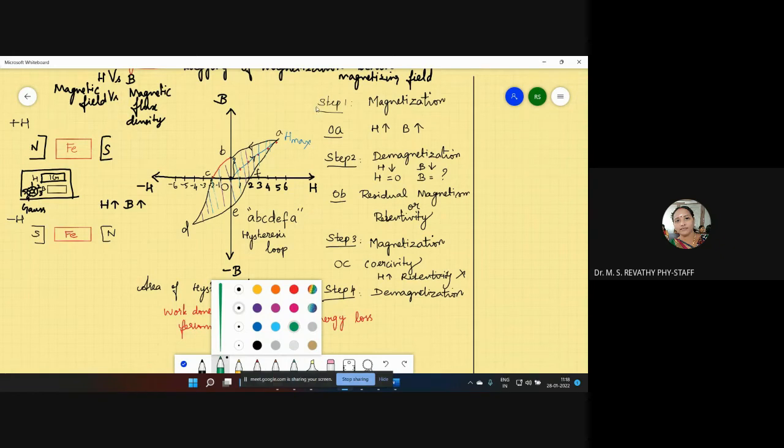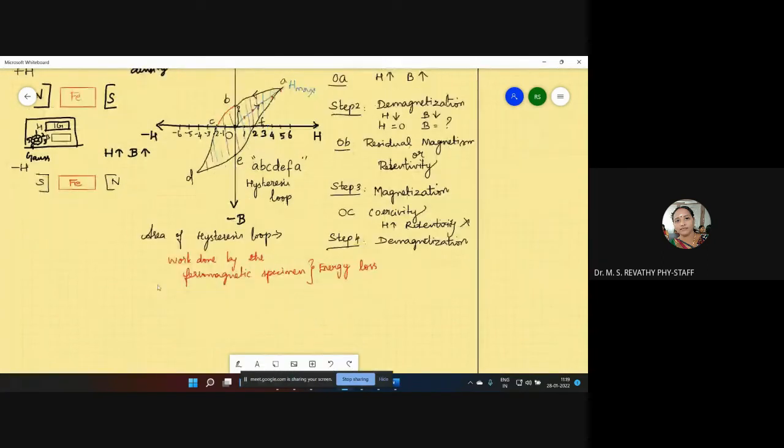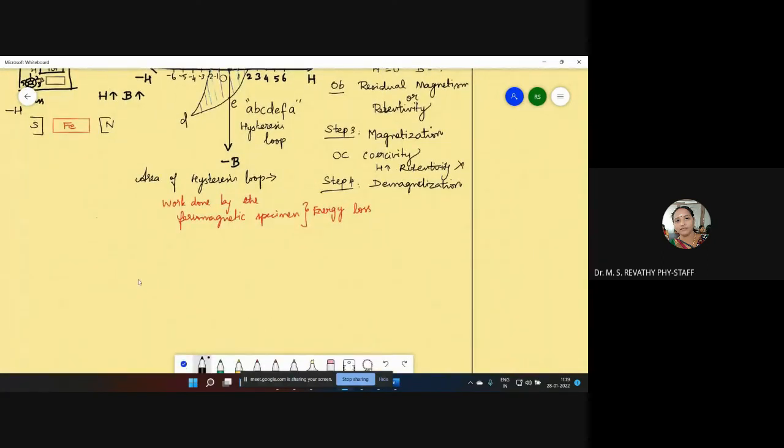So these are the steps involved in getting this energy loss for a particular material. So this is hysteresis. Using this, what simple definition can you frame? The simple definition goes like this: a cycle of magnetization and demagnetization